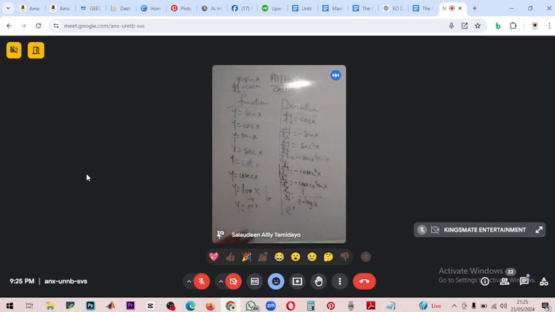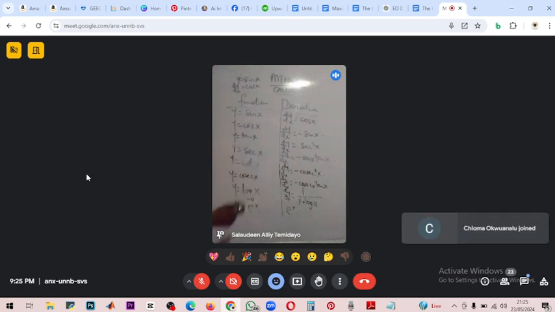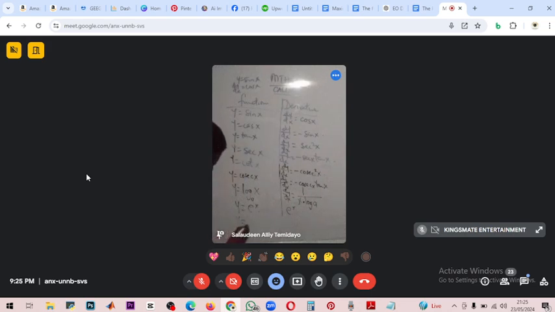We call it the Napierian logarithm. The logarithm was actually invented or discovered or postulated by John Napier. So we call it Napierian logarithm. So when y equals ln x,